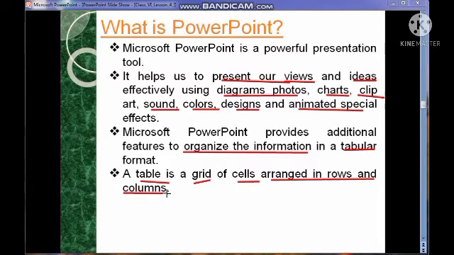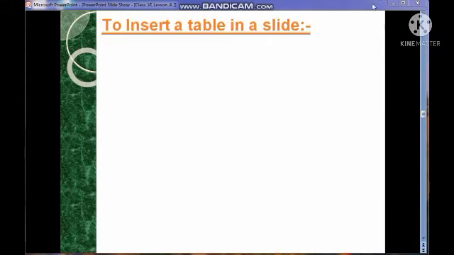One more definition I told you: the combination of row and column is also known as a cell. So I hope you all understood very well what is PowerPoint.